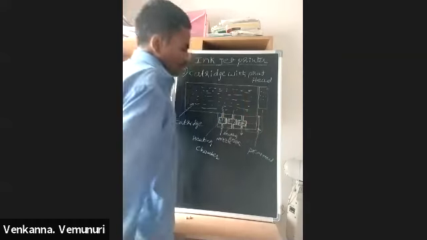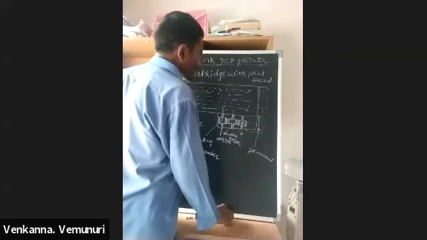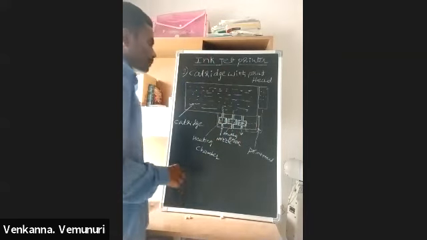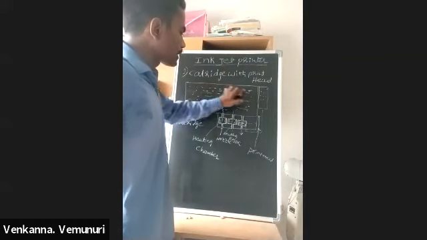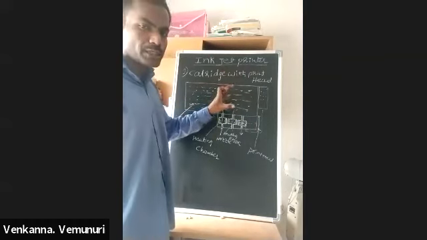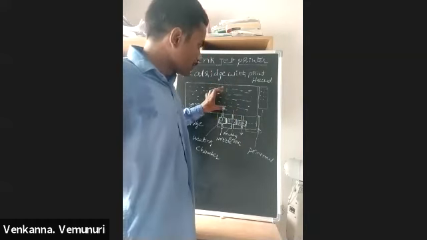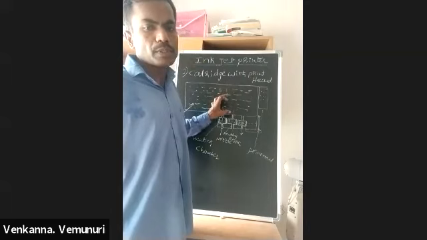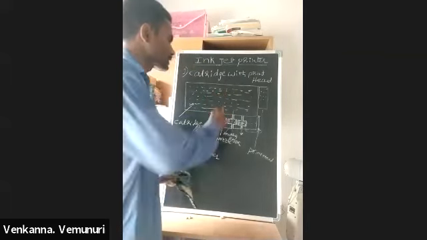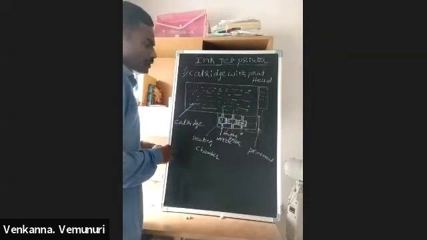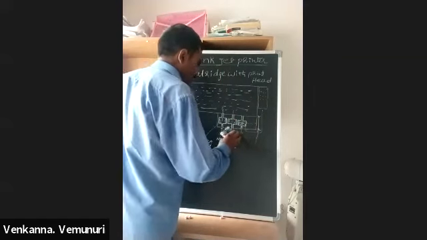Here, this is the working principle of printhead, and it is called cartridge with printhead. Means this is the printhead, this is the cartridge. Both are combined in single unit. This type of units is used in basic computers, basic color inkjet printers. Cartridge with printhead. Next, cartridge without printhead.